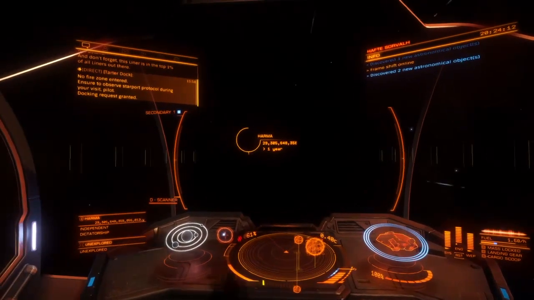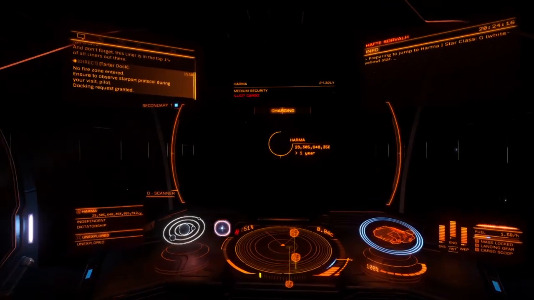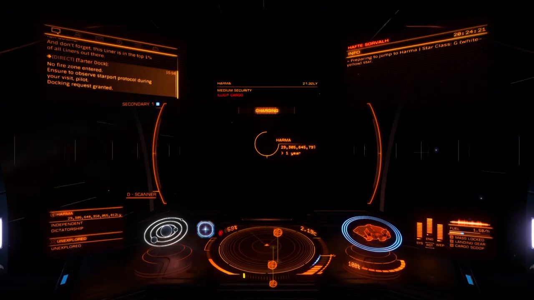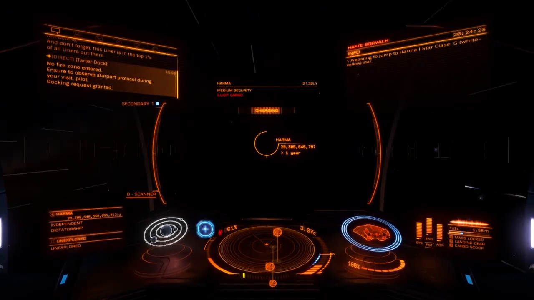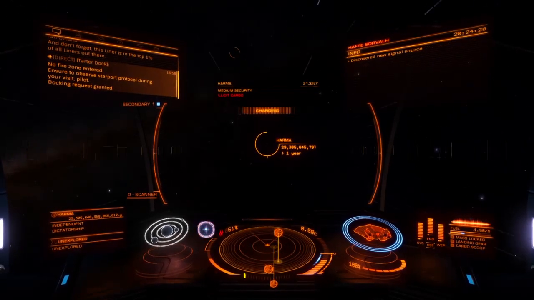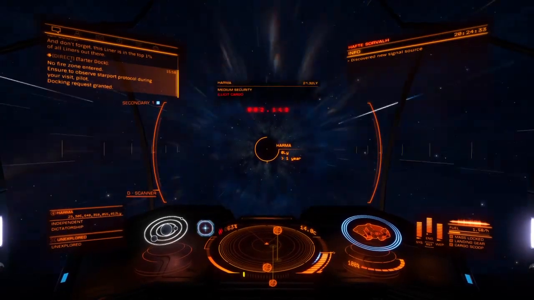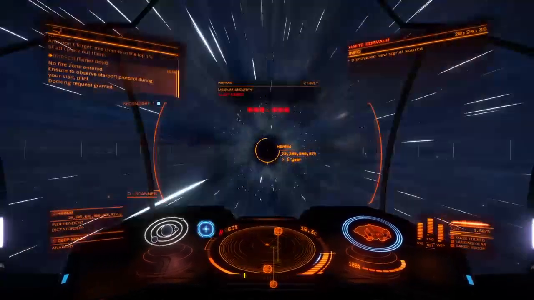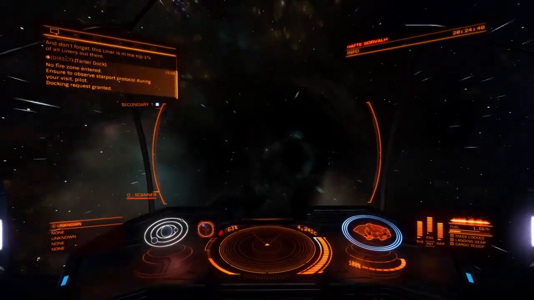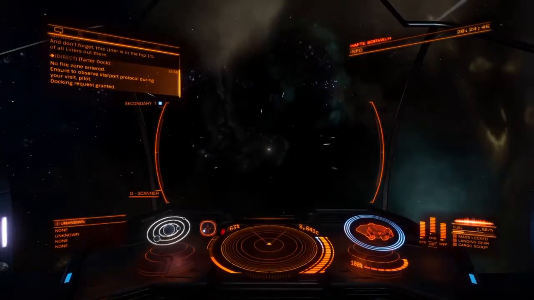Frontier promises us atmospheric landings eventually. Frameshift drive charging. So it'll be interesting to see how that works. But right now, you can only land on planets without atmospheres. 4, 3, 2, 1. I'm interested to see how they justify in-game lore why you'll be able to jump into gas giants